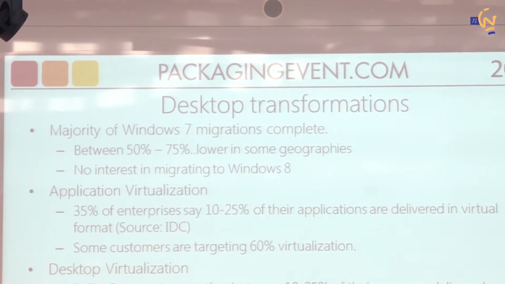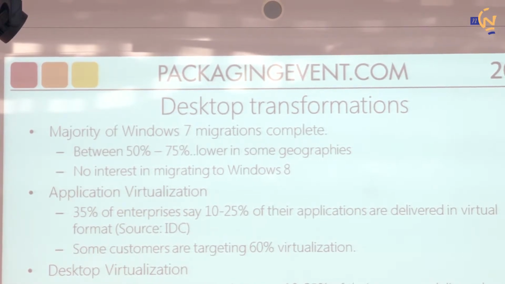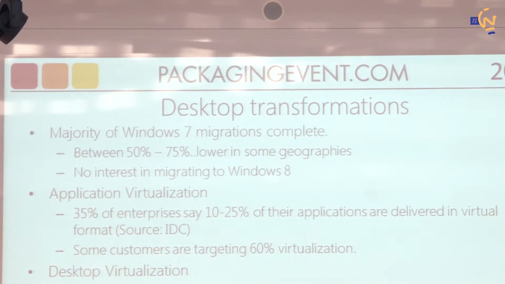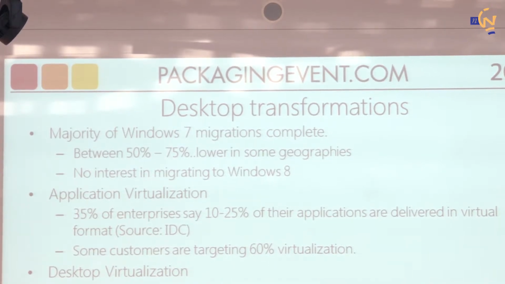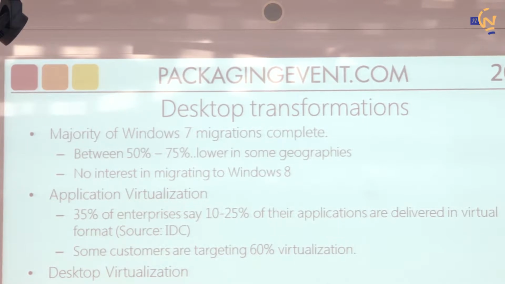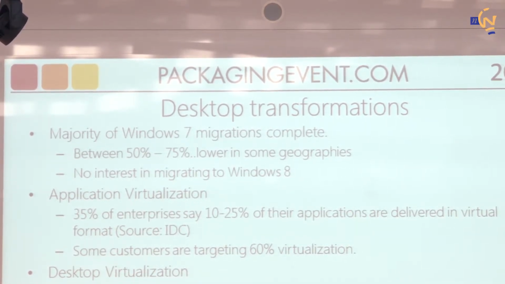The next is application virtualization. Even though the technologies, App-V and ThinApp, were all released before Windows 7, they really started getting traction, taking shape after Windows 7 was rolled out. That's when people saw the advantage. You don't need to install it. You can just package it into a virtual app, drop it on a machine, and it runs.